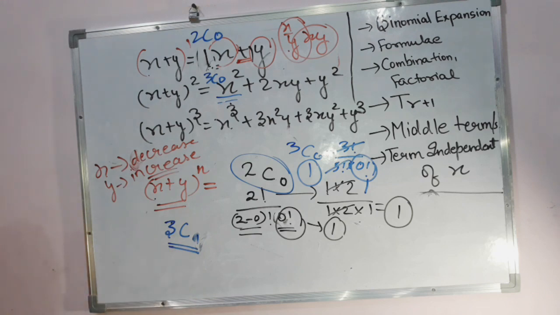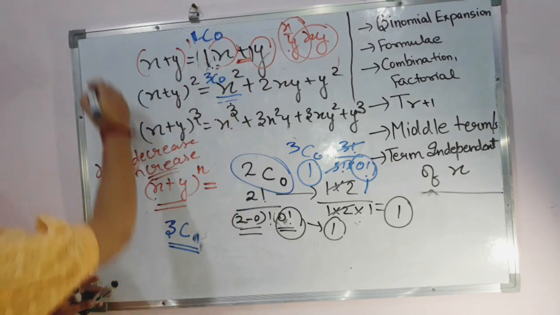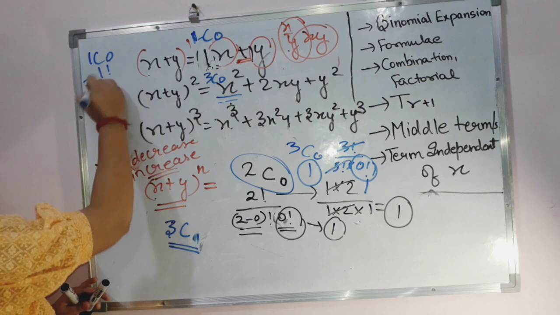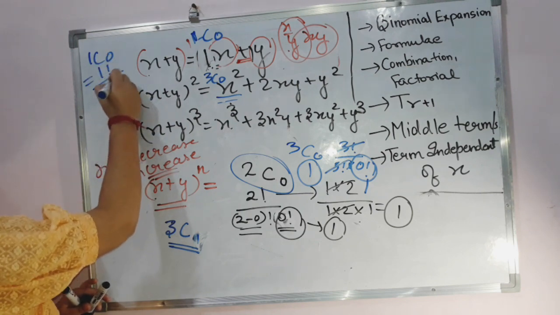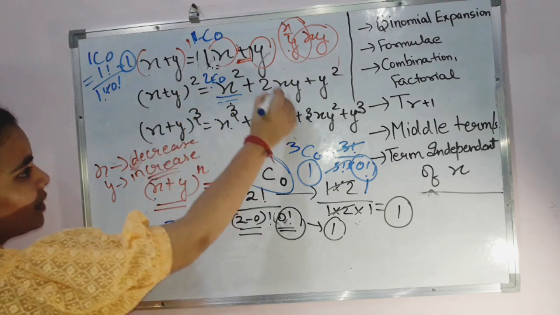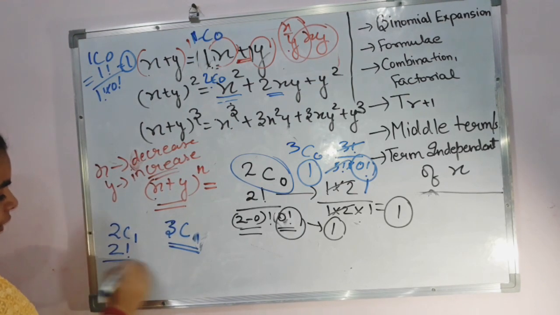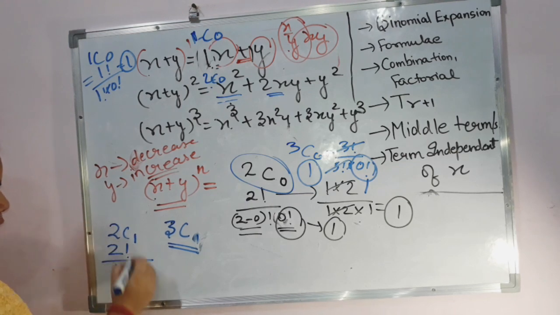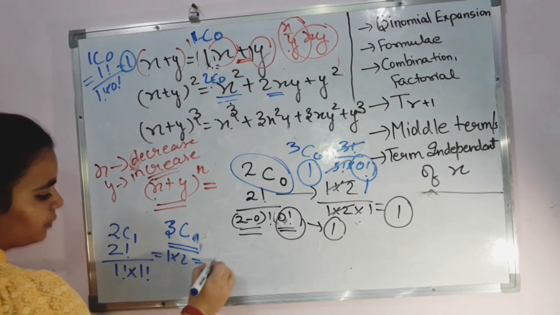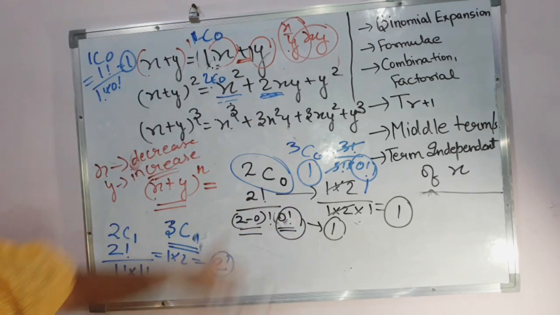Actually, this is not going to be 2c0, it will be 1c0. Over here we will have 1c0, because if you solve 1c0 you will get the same value, 1 factorial upon 1 factorial into 0 factorial, that makes it 1 altogether. And over here the power was 2, so we will be writing 2. 2c0 will become 1, and now if I say 2c1, then that is 2 factorial upon 2 minus 1, that is 1 factorial into 1 factorial. That is 1 into 2, that is equal to 2. So am I getting 2 over here? Yes, I was having 2 only here.